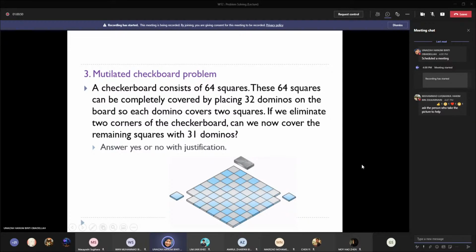No, using the pigeonhole principle. You're using the pigeonhole principle. Why so? What does the pigeonhole principle say? It says that, I don't know how to explain it properly. It means that if you have a specific number of boxes and you have more items than boxes, then one of those boxes must contain more than one item. So in this case, the pigeonhole principle will work because the